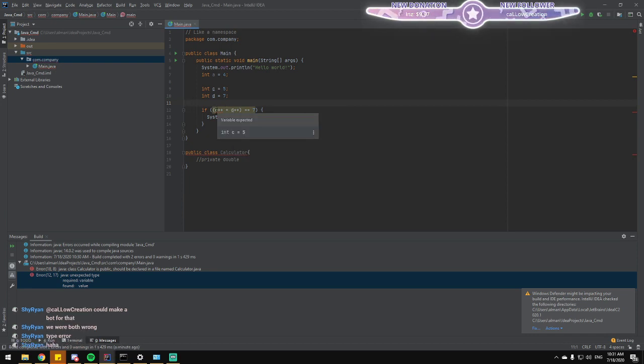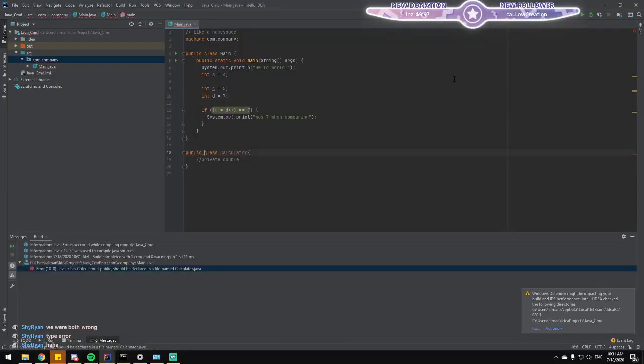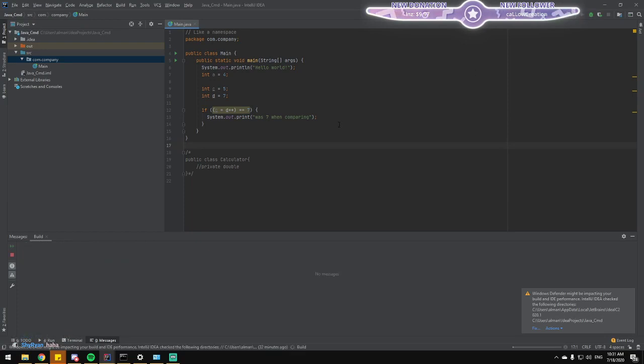Variable expected. Variable expected. Oh, so... Okay. Should be declared in a file named calc. They don't even allow you to compile something that has two classes in a file? Are you serious? Jeez. That's so cancer.